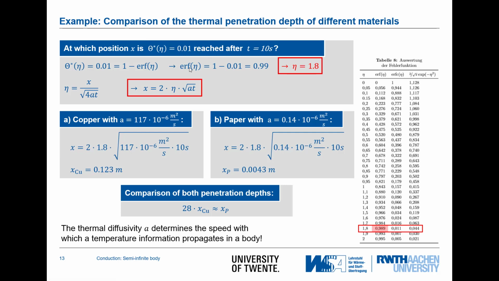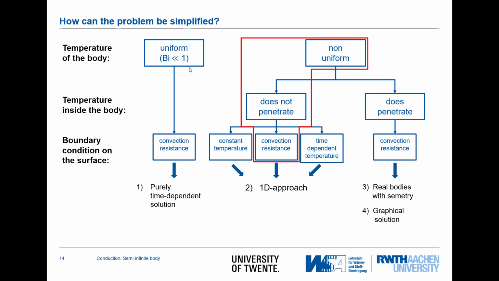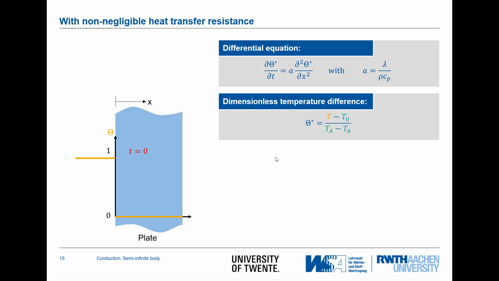Now, the thermal diffusivity determines the speed with which a temperature information propagates in a body. This is an important characteristic of a body, and that's a quantity that we use here for our reference. What we have looked at now was the constant temperature case. In the next step, we would like to look at the case of what happens if there's an additional convective resistance. What does